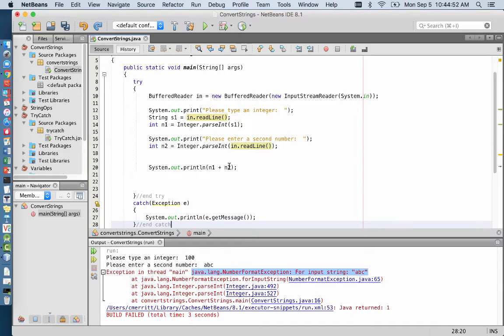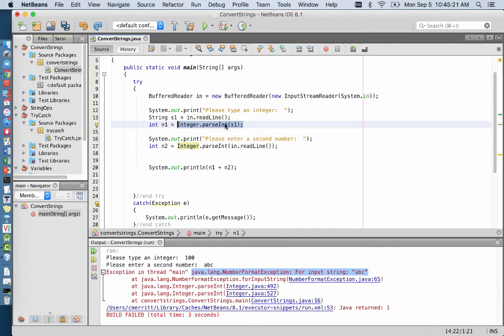What we need to do is check and make sure that the user is giving us good input. If the user doesn't give us good input, then we can't continue on with the program, right? We can't do the math. You can have nested try catch blocks. That's perfectly acceptable. Now, the place that you want to have nested try catch blocks are, in this case,